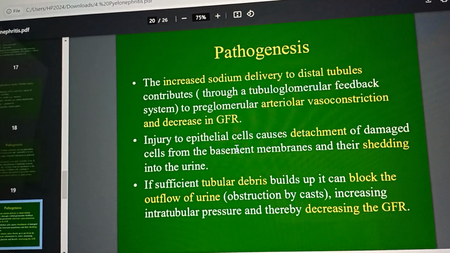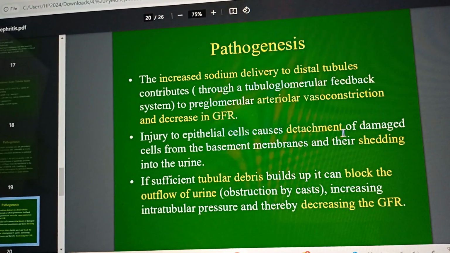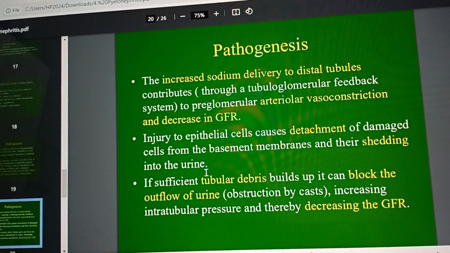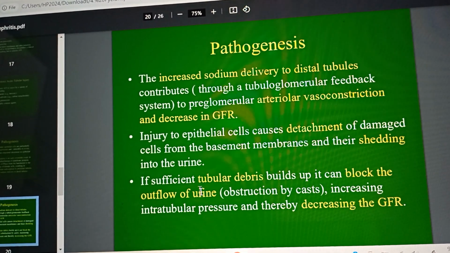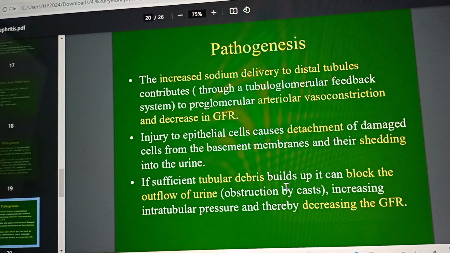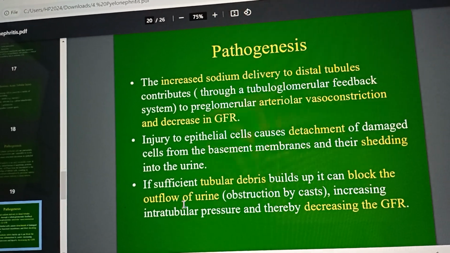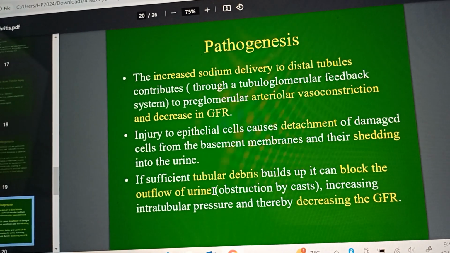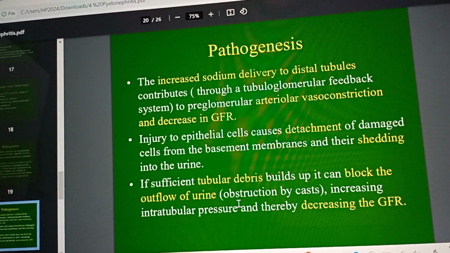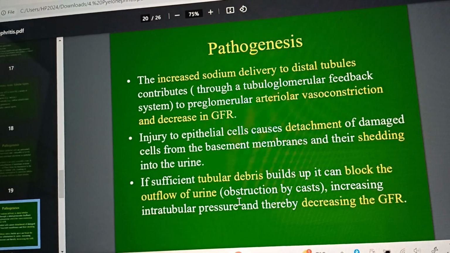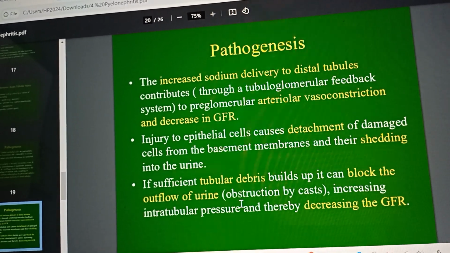the epithelial cells. Whenever there is injury to the epithelial cells, these cells will detach and shed into the urine. The debris, the damaged epithelial cells, can just build up in the lumen of the tubules and block the outflow of the urine. So they are causing obstruction. This obstruction is by the cast. Cast is the tubular debris, and sometimes there is an increase in intratubular pressure, so